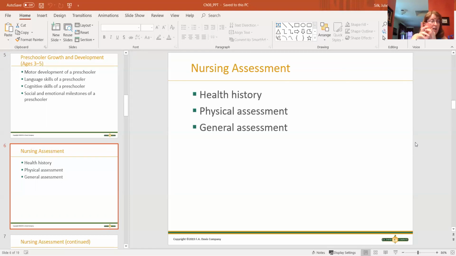So this means, hey, how are they eating? How are they sleeping? Are they eliminating well? And look at their social history. What's their living arrangements like? Do they go to daycare? What's their behavior like? With physical assessment, we want to look at their height when they stand,